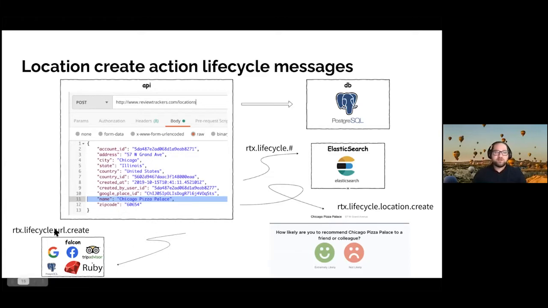And then there are some really downstream tasks where we'll go out and find all the URLs associated with that location, your Google, your Facebook, your TripAdvisor, and then we'll pull data on that. So there are asynchronous tasks that build on other asynchronous tasks. As you can see, when you do that location create action, it creates a ton of other lifecycle